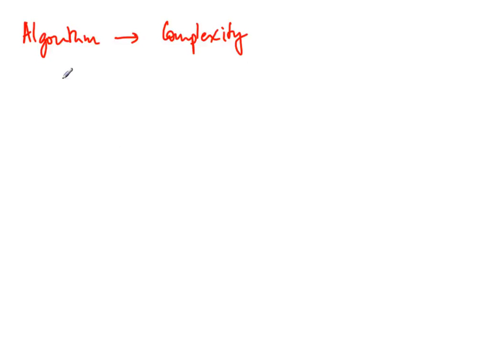So we will look at a few examples and we'll start with the easier examples. So we'll look at non-recursive algorithms. These are just algorithms which basically iterate through. So there are some loops, but there are no recursive function calls. So the specific algorithm, the example that we will start with,